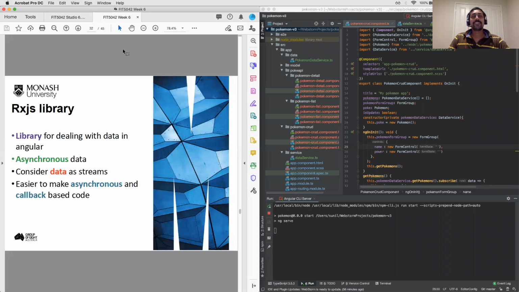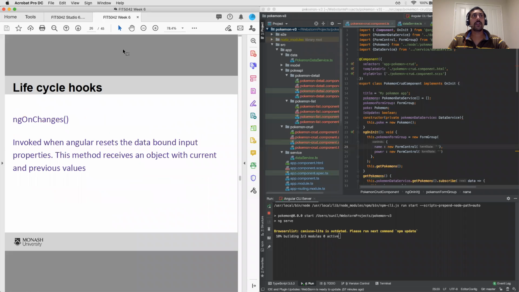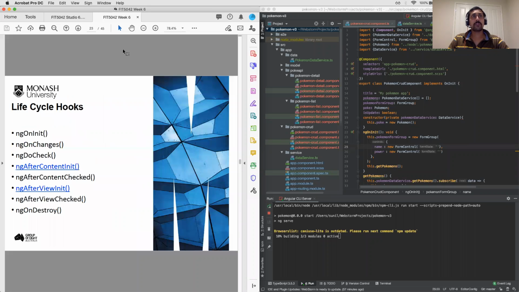All right, and then we were talking about this RxJS library. This is to deal with data in Angular, the asynchronous ways of communication. This is to make asynchronous and callback based code easy. Okay, before I go to this observables part, let me quickly have a look into